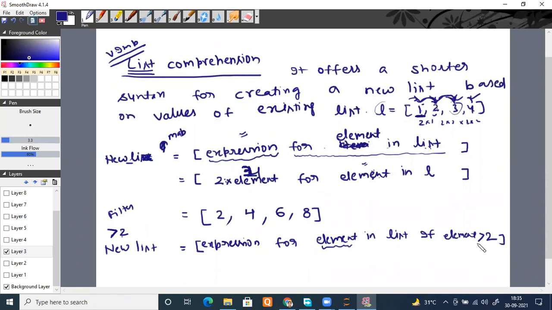Is it fine, everyone? Please tell me. Yes, sir. Okay. And you can customize it as well. For example, if I'm writing this expression, I just write this one. Simple function. If my list is this one and I want to modify it this way. So expression, what do I want? For example, I don't need any modification. I just want the elements. If elements are above 2, I need them. Otherwise, I don't need them.